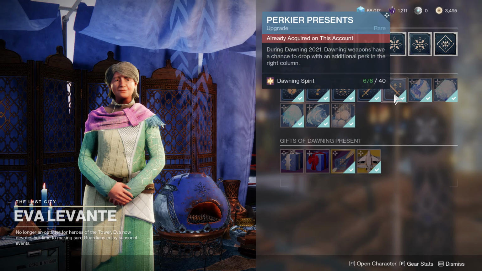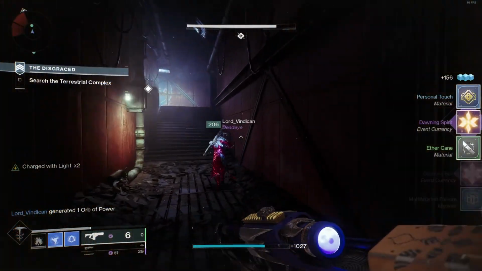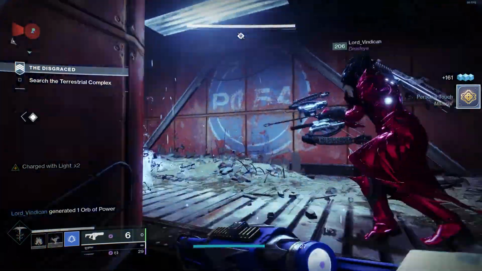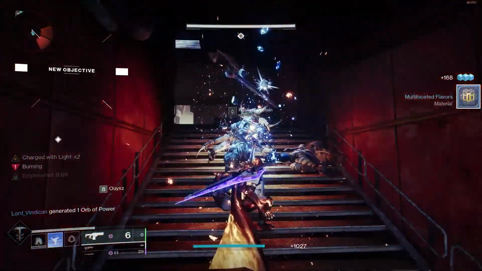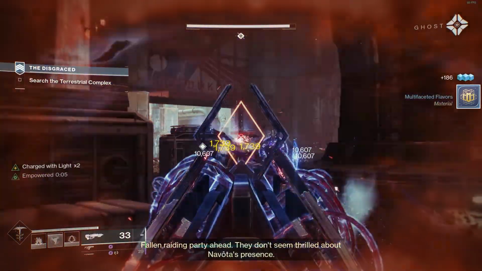You can also focus your presence by using Ava's Unity Gift Exchange purchase and 5 Dawning Spirit in order to guarantee that the present will drop either the Avalanche Machine Gun or the Glacioclasm. As a result, this weapon is significantly easier to farm than it was last year, despite still only dropping with